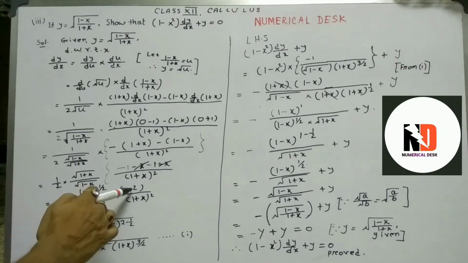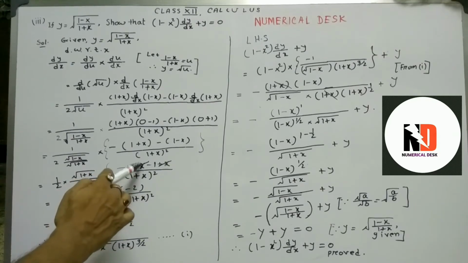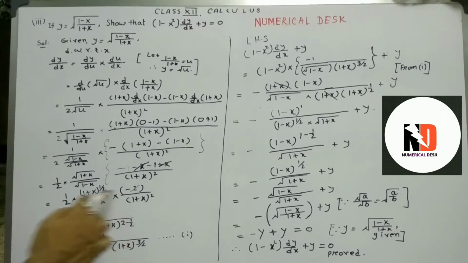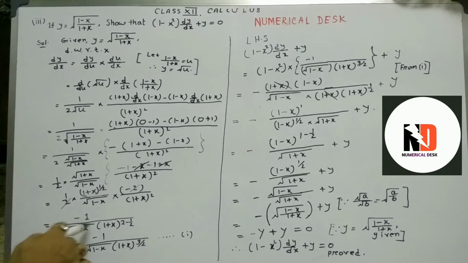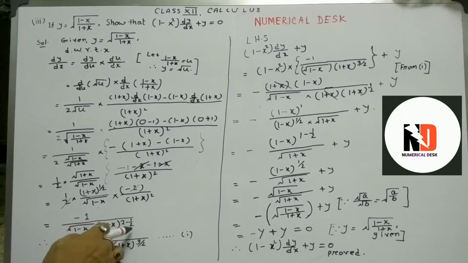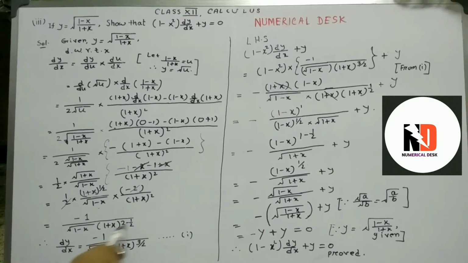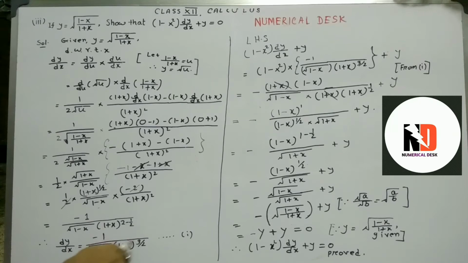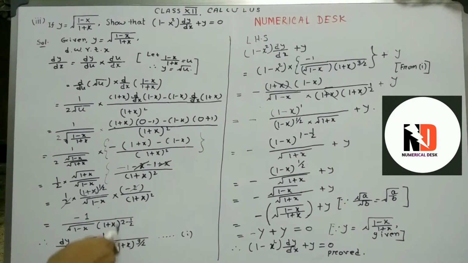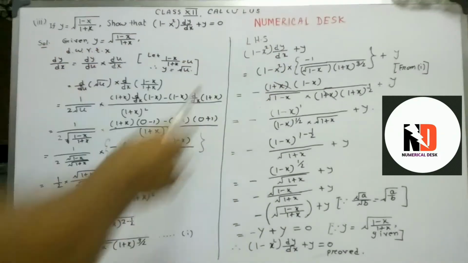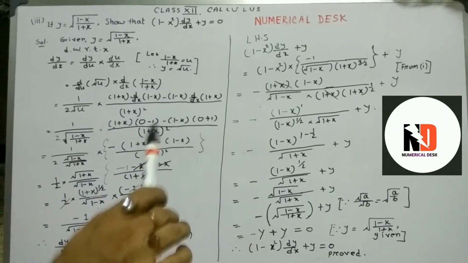Now minus 2 only, minus 2. So minus 2 and 2, okay, so these 2 and these 2 cancel. So minus 1 by, arranging this part, 1 plus x square. So this is the, so dy by dx equals minus 1 by, so now after this, let's see what to do.